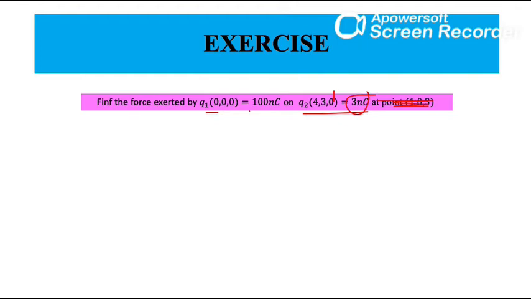So there is no chance of the force being in the z direction for this problem. So in this problem you expect only x and y components in the solution. That makes sense. You have to always do a sanity check on whatever answer you find, so that you see that everything you have done is correct. This is a sanity check. If you keep doing this, you will not make mistakes while deriving the answer.